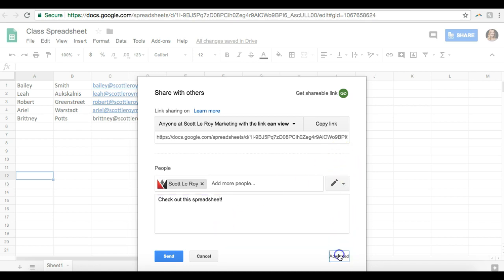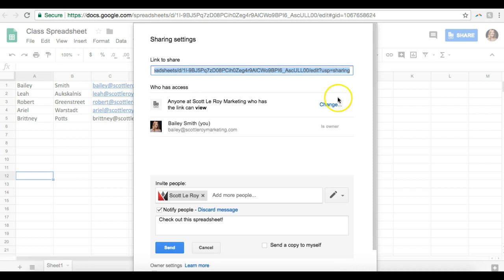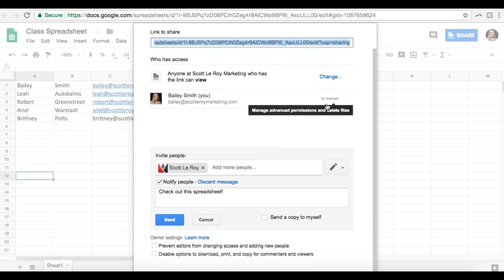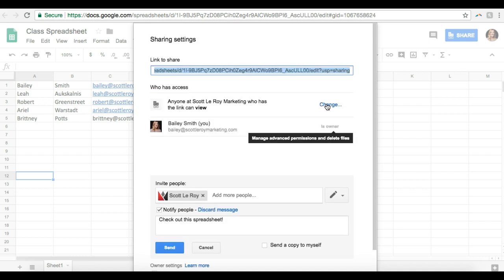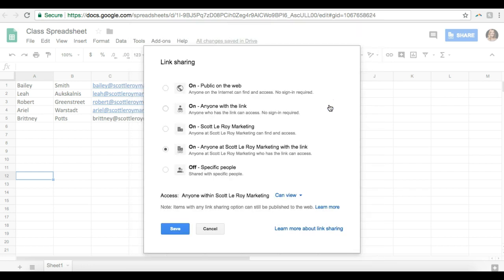There we go. I believe if we click the Advance button, okay. Let's see. So yeah, this is actually just going to send over to Scott, and then he will have access to this sheet. I believe he can, let's see. Okay, so what I'm going to do is,